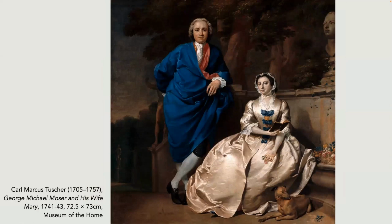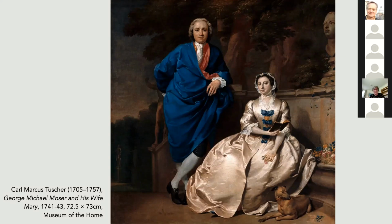These are her parents. She was the only daughter of George Michael Moser. Now, he was a leading artist and gold chaser, and he became the drawing master to the Prince of Wales, who was the